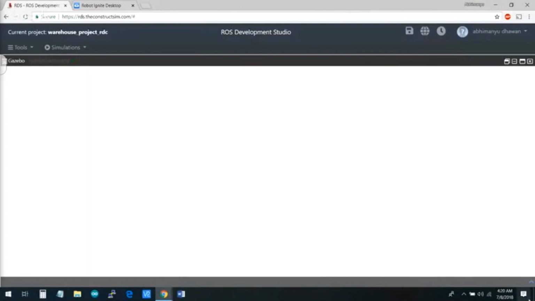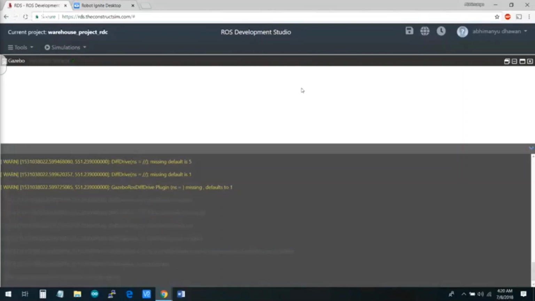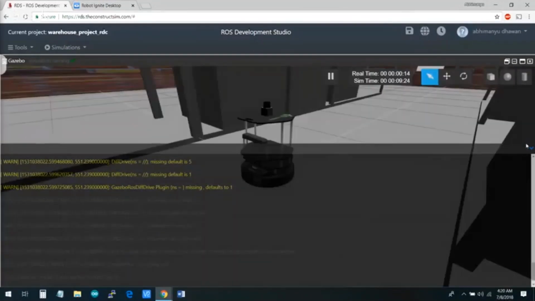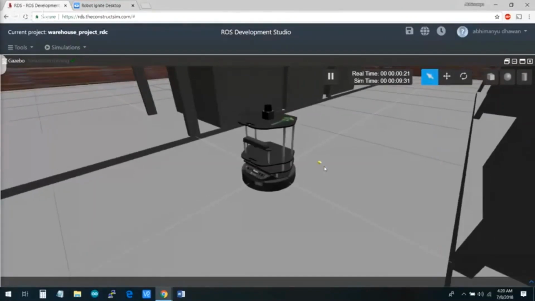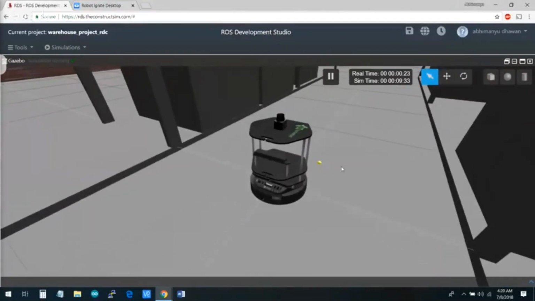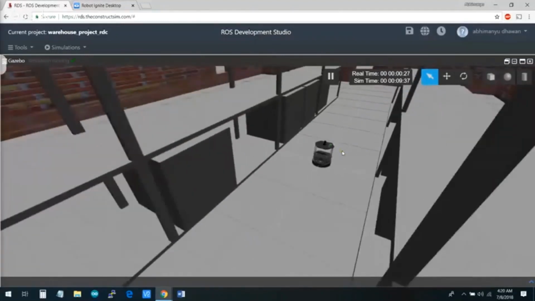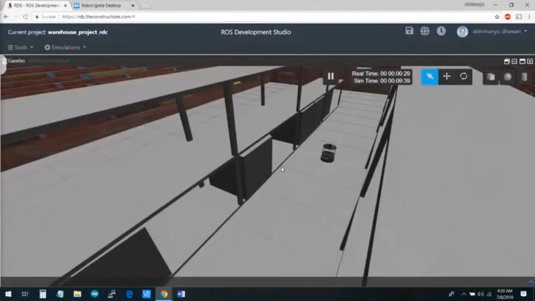So we are trying to work on this warehouse robot that we have here. And this is basically the TurtleBot which we are using to actually monitor and inspect a warehouse. So this is like a warehouse environment we have created, and these are some packages which are kept on warehouse